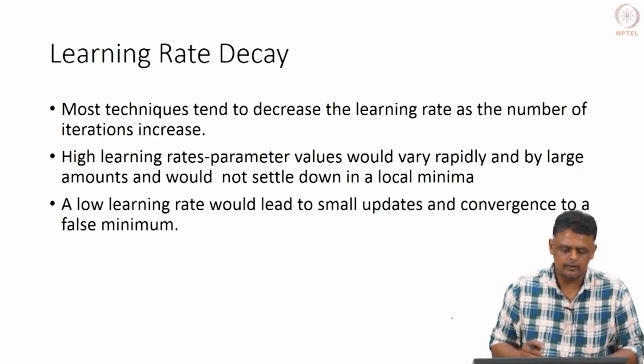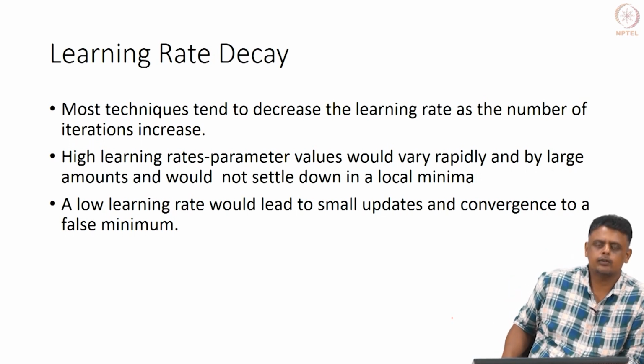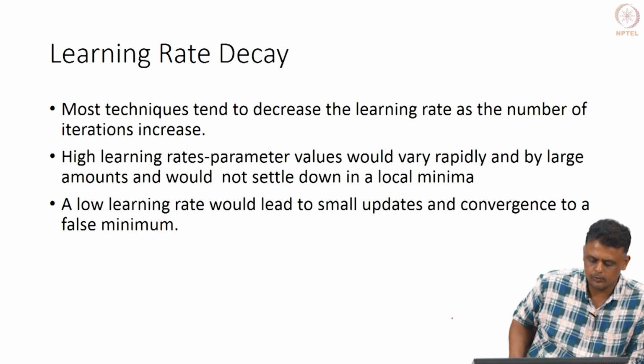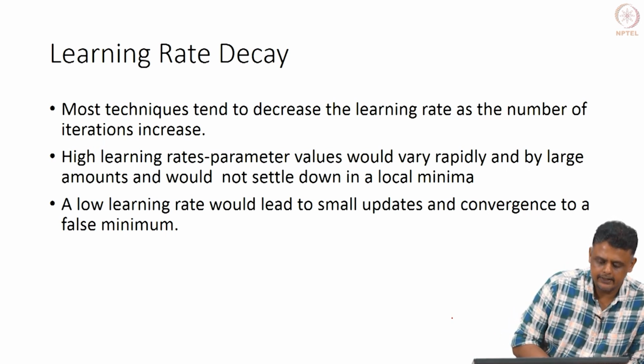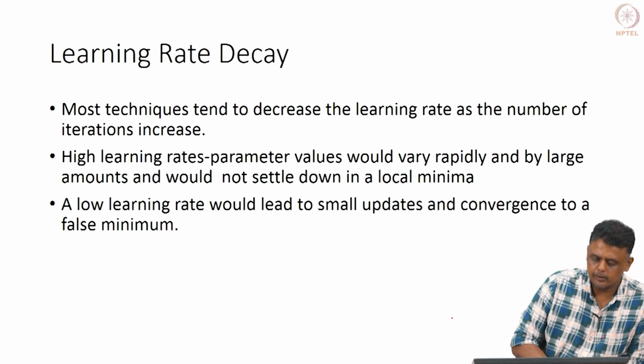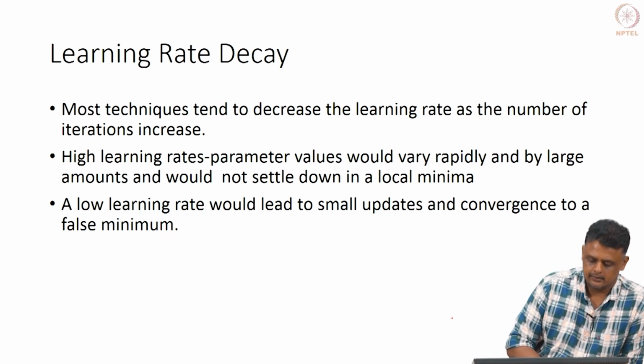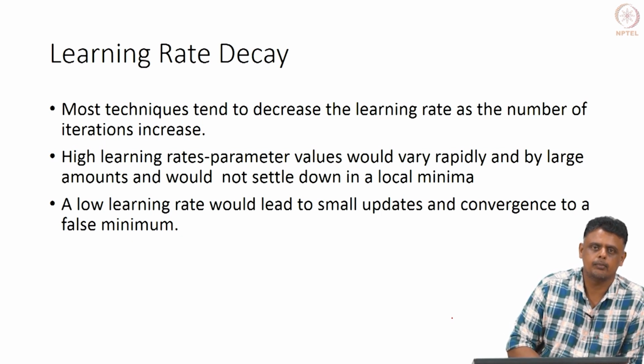The other important topic that we would like to look at before we go into weight, how to initialize weights, is the learning rate decay. Again, the idea is, because the neural network is a very complicated function of the weights, it is very difficult to say when we are near optimal minima and when we are near some very poor minima. So, there must be some systematic way of